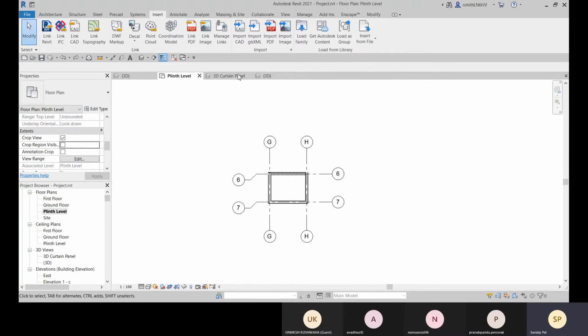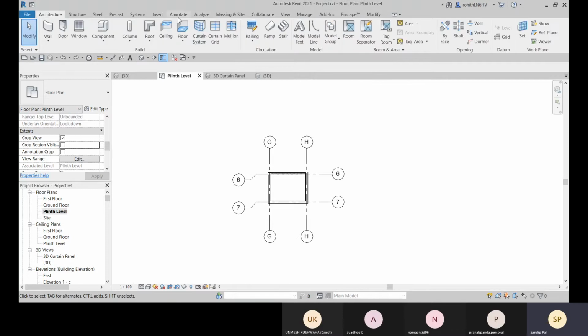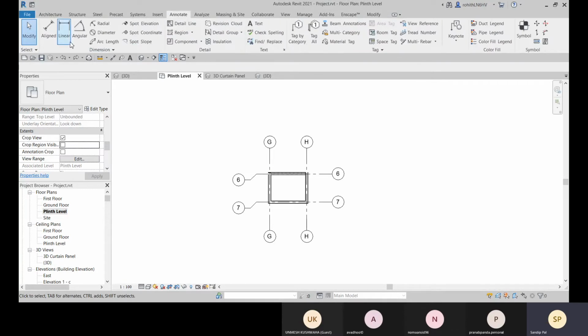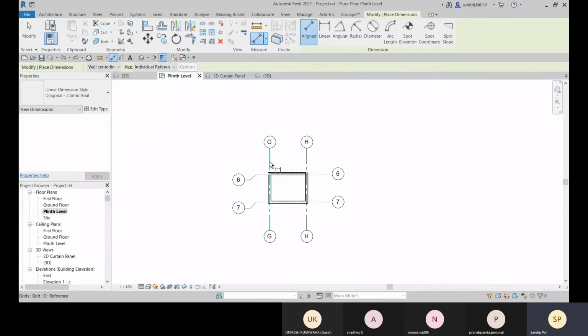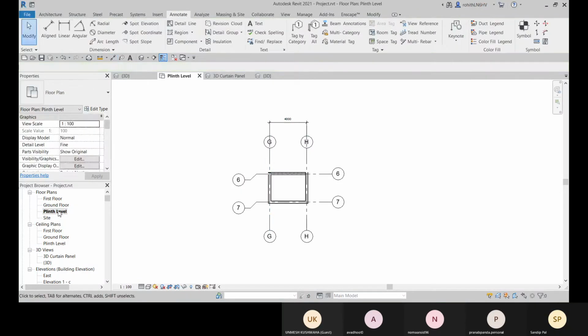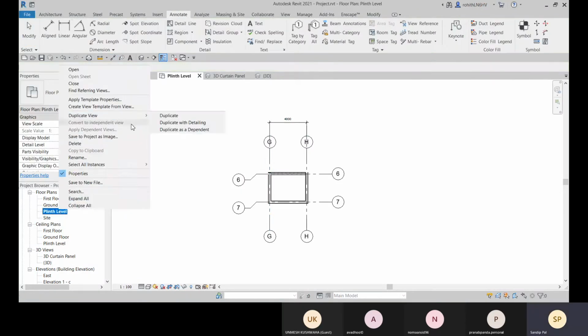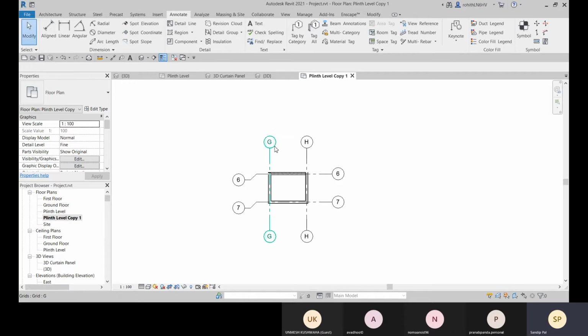Now let me go for Control Z, and if I add some dimensions over there, go to annotate, and here if I go for any dimension, from this to this, if I add any dimension over there, and right click and go to this duplicate and then click on this duplicate. And here you can see that I don't get that annotation object, that dimension, right?